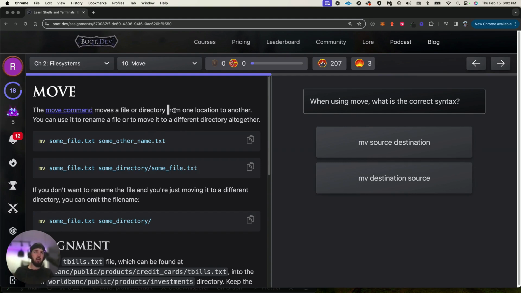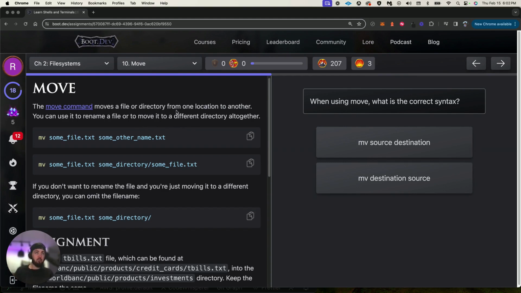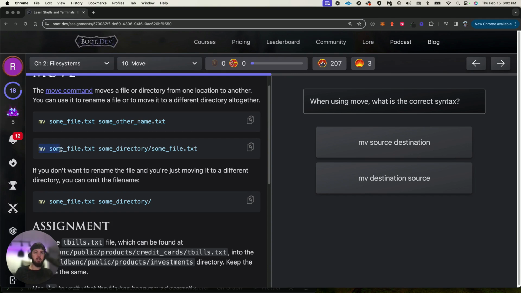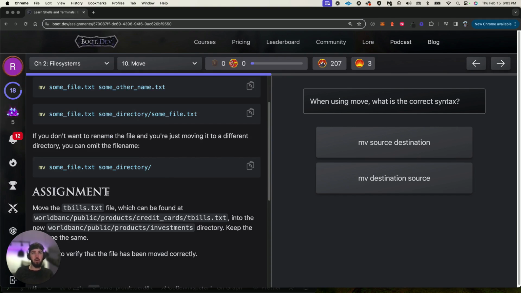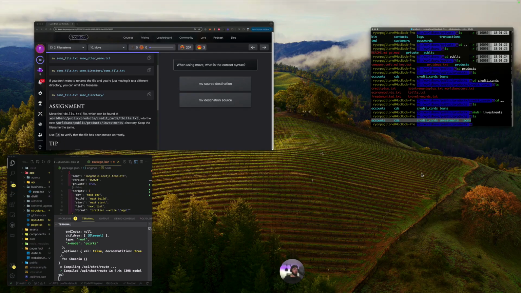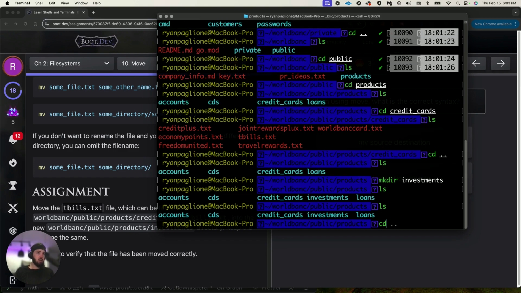The move command moves a file or directory from one location to another. So we can say mv somefile to some other name.txt, or mv somefile to some directory if we want to move it. If you don't want to rename the file and you're just moving it to a different directory, you can do something like this: the file name and then the directory we want it to be a part of. So we're going to take the tbills, here it is, and we're going to put it in the investments directory. So I believe we can go to cd products and cd into credit cards,